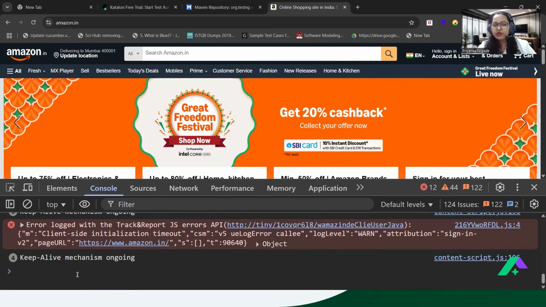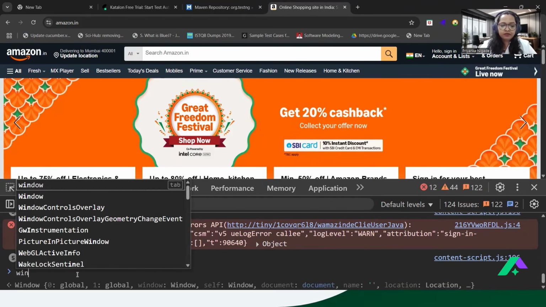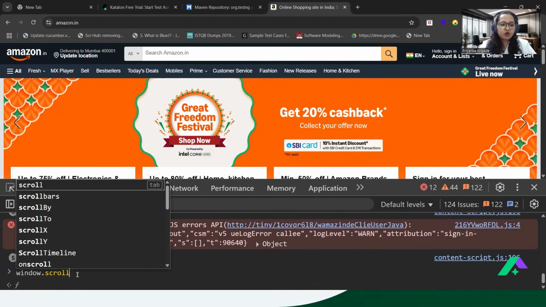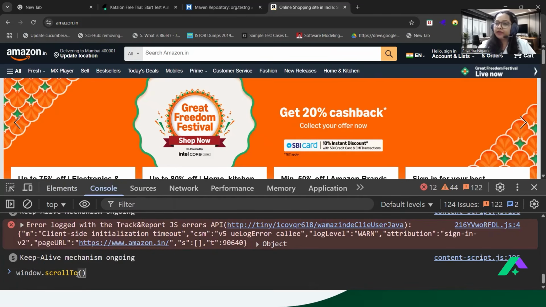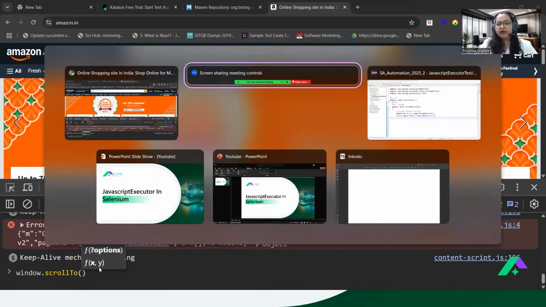Scroll action. So in JavaScript, we have a window object. You can write in this manner: window.scrollTo. There is a scrollTo function available, and there you can pass your JavaScript instruction. Technically at this moment, what I want to share is some X and Y coordinate here. So what are the X and Y coordinates? First of all, understand this part.